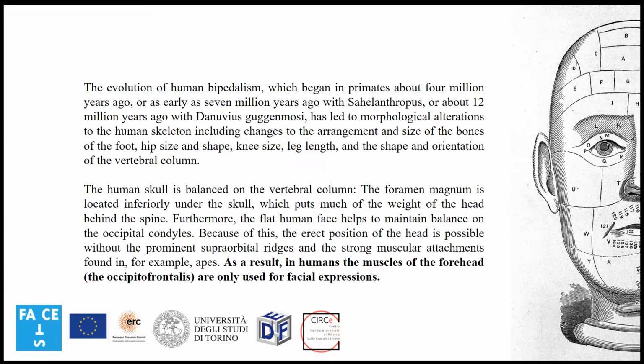So what is interesting to point out is that this erect position that was first developed by this particular stage of our evolution basically had a series of consequences on the way our ancestors used their head muscles, and in particular the head muscles of the forehead that were not used in order to sustain the head anymore. It wasn't necessary because the posture was almost erect, and they were then adapted to other means, the means of frowning, for instance, the means of communicating. So our face became a sort of a screen for other beings of the same species.